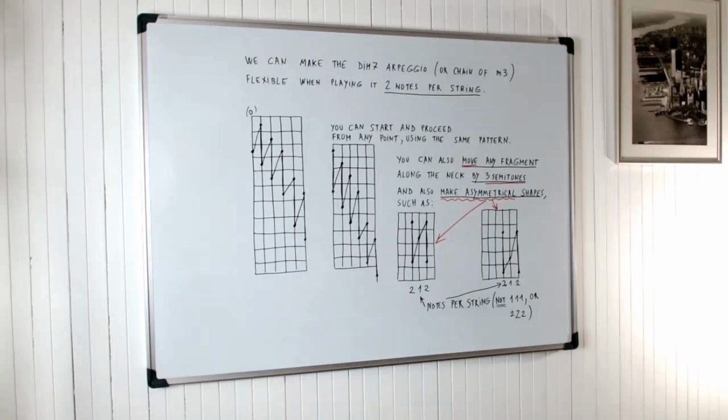We can make the diminished seventh arpeggio or chain of minor thirds flexible when playing 2 notes per string. You can start and proceed from any point using the same pattern because of the diminished seventh symmetry. You can break the patterns inserting the fragments of the diagonal we discussed in the previous chapter. And you can move any fragment you like along the neck up or down by 3 semitones, which is the